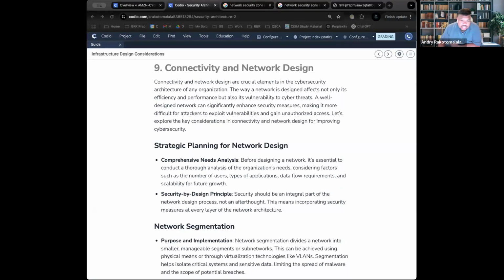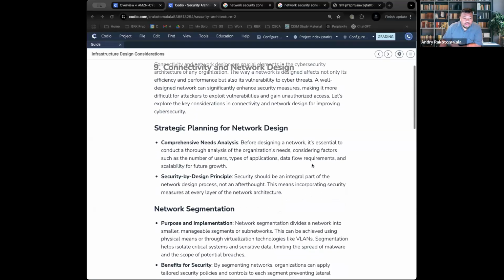Connectivity and network design. So, what is connectivity and network design? Well, in essence, you want to make sure you have a good network design so that the connectivity remains strong. You need this because when you have a well-designed network, it improves the performance of the network, it improves the security of the network, and then it improves the resiliency of the network. As a reminder, resiliency is the concept of being able to withstand events and being able to bounce back in the case of